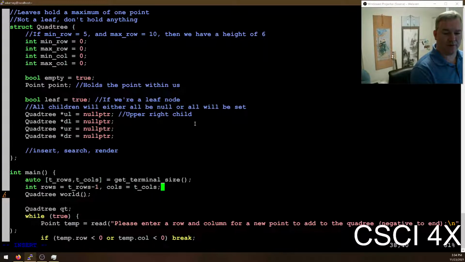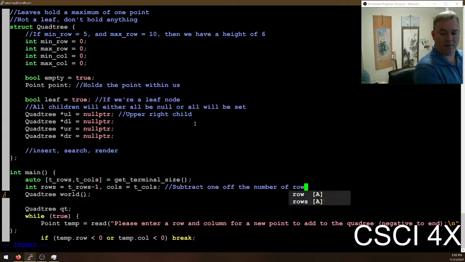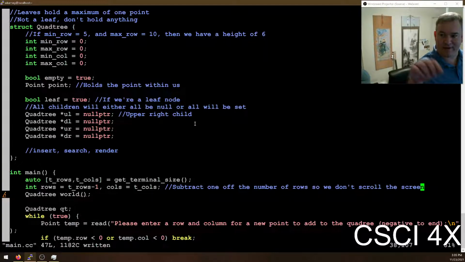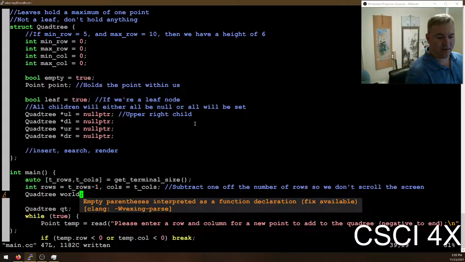I'm going to subtract one off the number of rows so we don't scroll the screen. In PuTTY, if you print to the last line of the screen, it scrolls up, you know? So I'm actually going to make the screen a little bit smaller in the vertical direction so it doesn't scroll when you do stuff. Okay, so we're going to make the